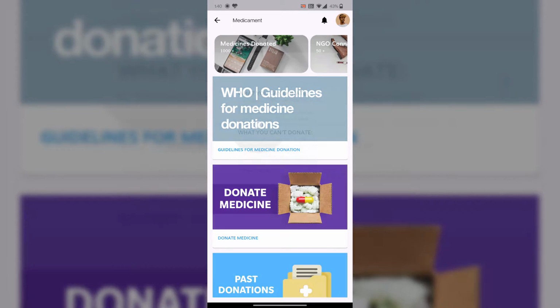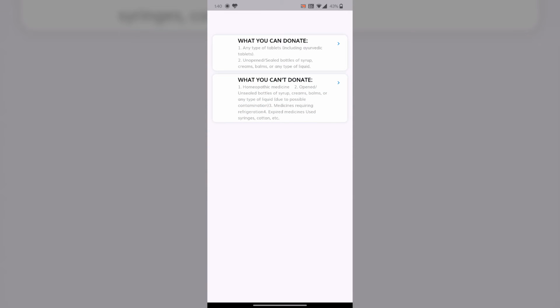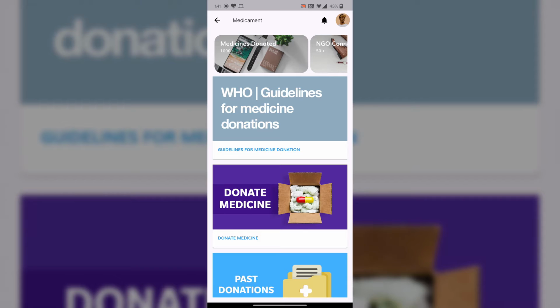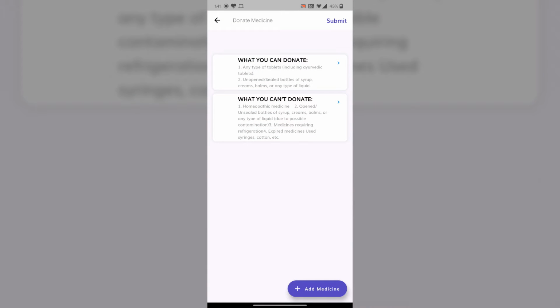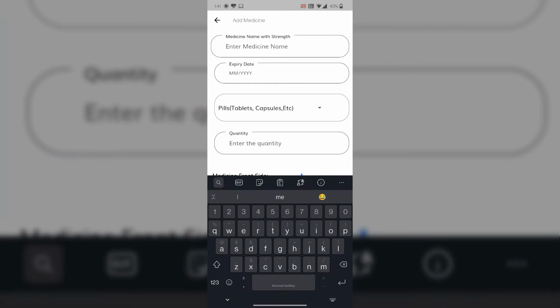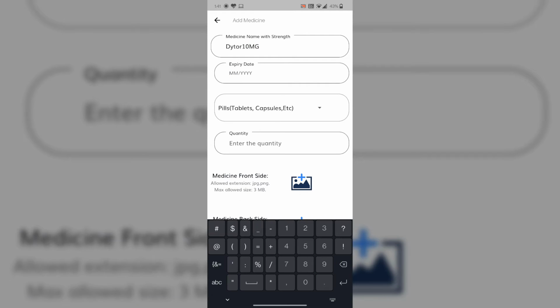These are the guidelines for donating medicines, where we have mentioned what you can or can't donate, like unsealed bottles. Now we are donating a medicine here. So we can donate medicine from here. First we have to put the medicine name, strength, and expiry date, which is very important for a tablet to be donated, and it should be visible on the tablet.